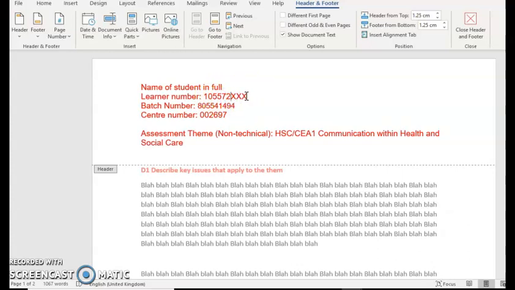These 3 extra digits will make your unique learner number for CASH. It is not your learner number as it appears on your college ID, because CASH have their own registration number. The batch number, it is 805541494. That will be the batch number for the assignments going out, so that is the same for every single student. The center number for CASH for the college is